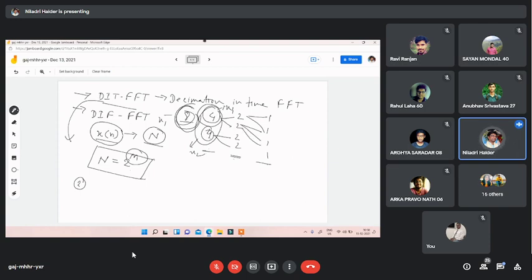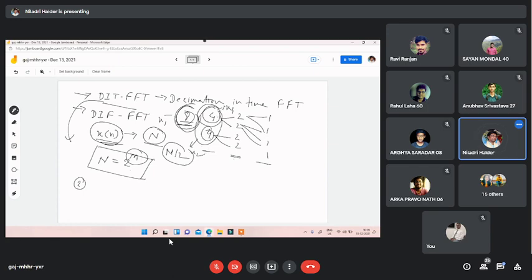Okay, in that way splitting will happen. So in the first step, xn will be split into 2 parts. So obviously each part will be of size what? That is of size 8. So each part after the first split, what will be the size? 4. 4 means N by 2. Whenever you do the splitting, the size gets halved, considering the before stage.